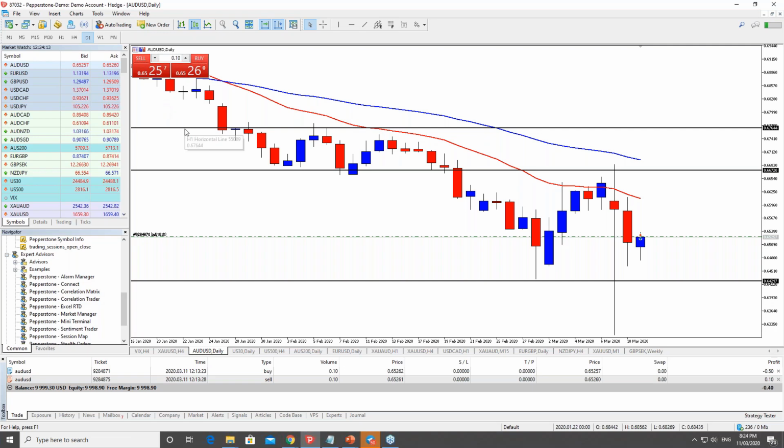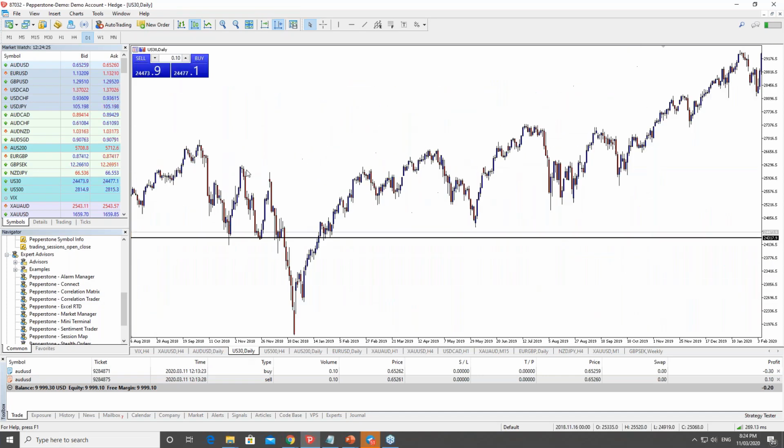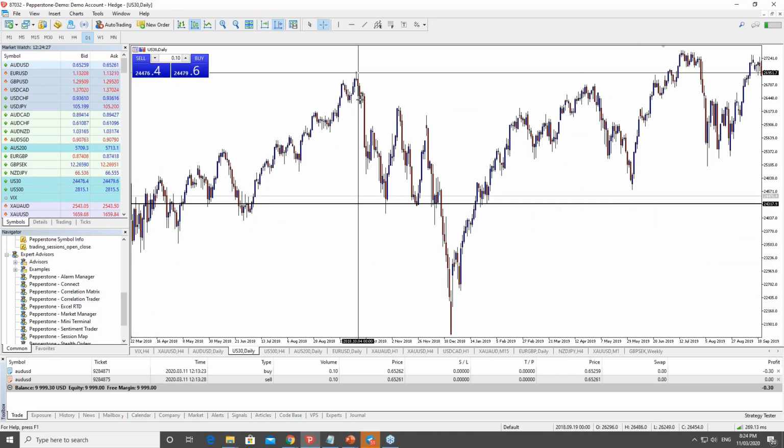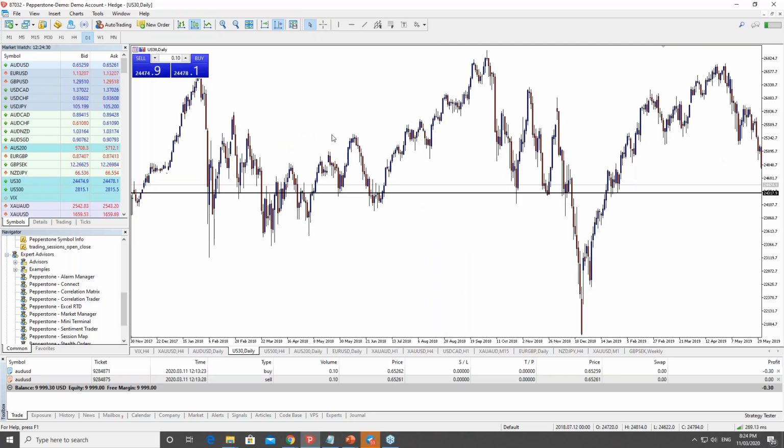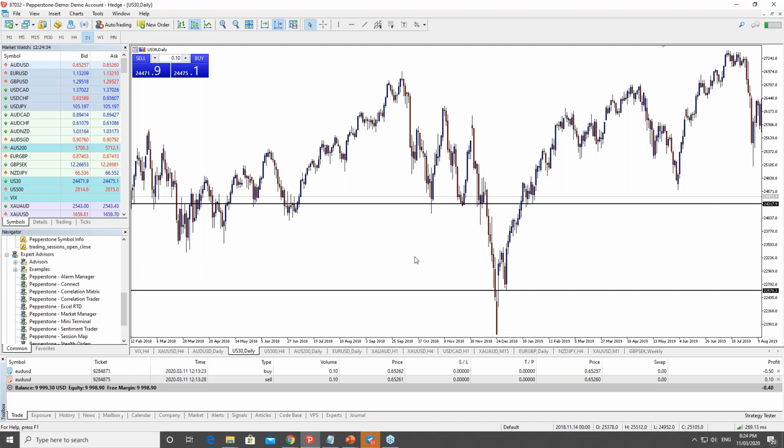Got a question here. How about closing the hedge position with a profit before it goes back to the entry point? Okay, so let's consider that US 30 again. You can absolutely do that. You might say, okay, we've recognized this level here as a key level of support that we expected the market to get to. We weren't sure, but we're prepared to potentially close the hedge here, and then we'd be looking to buy this position again. So that's absolutely fine as well.